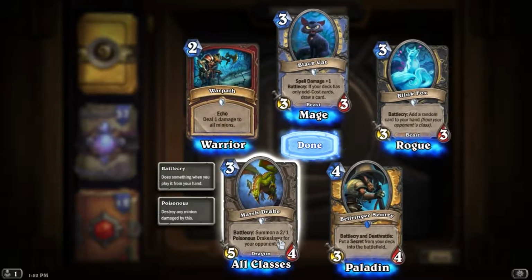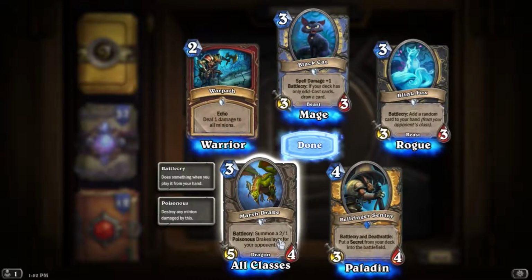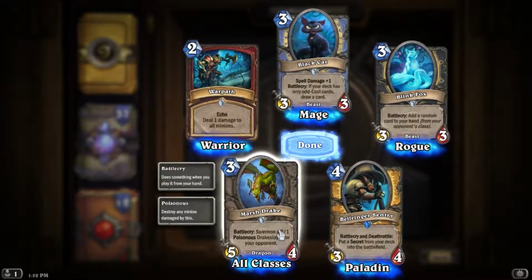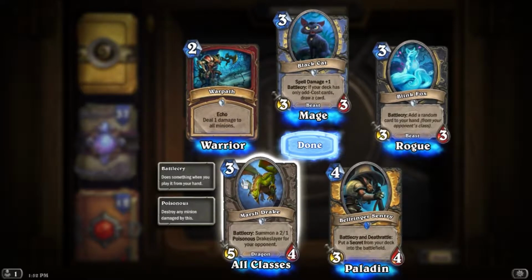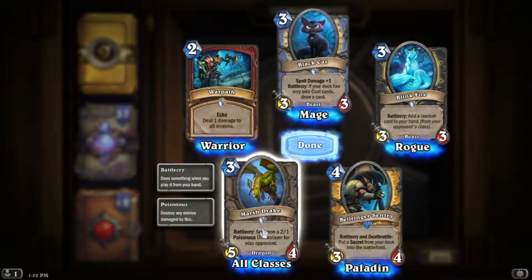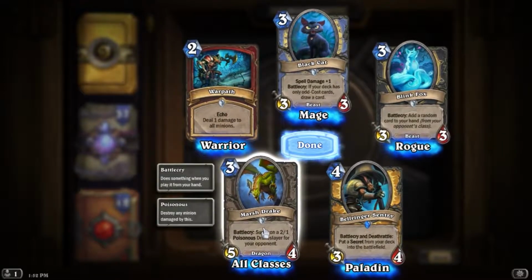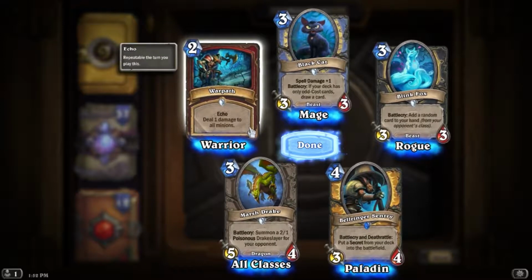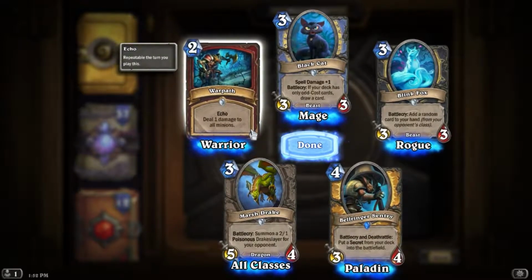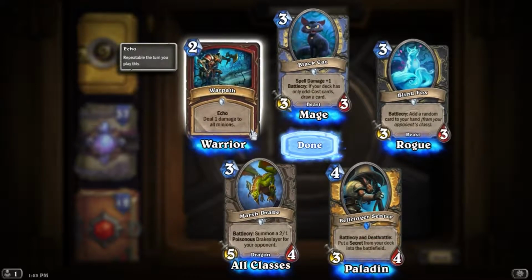So classes like Rogue, Mage, Druid can obviously deal with it immediately if they have the 2 mana. So it's basically like a 5 mana 5/4, which is not super great. But of course, if you have something on board, you can kill the 2/1. Pretty nice. 2 mana Warrior, Warpath, Echo, deal 1 damage to all minions. Okay, that's